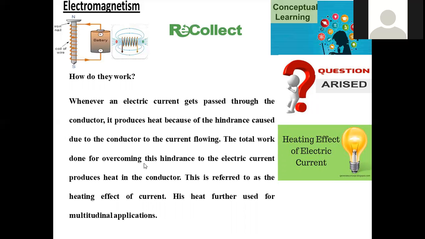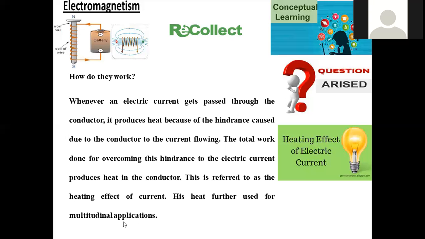The total work done to overcome the hindrance to the electrical current produces the heat in the conductor. So whatever the obstacle present, in order to overcome that, some extent of energy is spent. The energy spent, the work done to overcome that obstacle, is produced in the form of heat. This is referred to as the heating effect of the current.